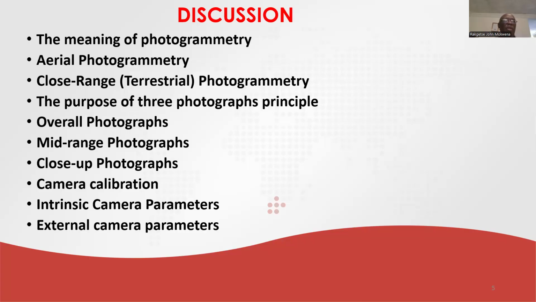Photogrammetry also includes aerial photogrammetry and close-range terrestrial photogrammetry. For the purpose of this article, close-range terrestrial photogrammetry was used because it is the one used at the crime scene, while aerial photogrammetry is used by technical engineers who are erecting big dams or constructing roads at a very high level of technology.